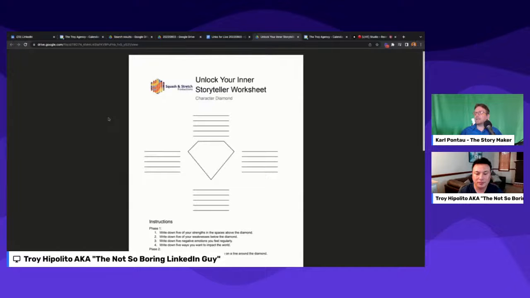And then on the left-hand side are basically the emotions you feel, like your fears, anxieties, things that stress you out. And on the right-hand side, you talk about the impact or goals you have for your life or for other people, the sort of impact you want to have with your business or your life. And it's usually the emotions on the left-hand side of that diamond that inform the impact you want to have on the world on the right-hand side.